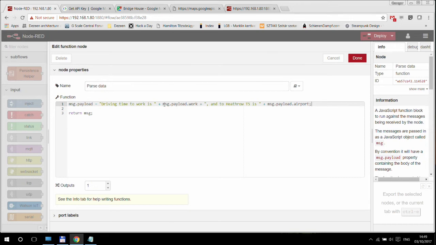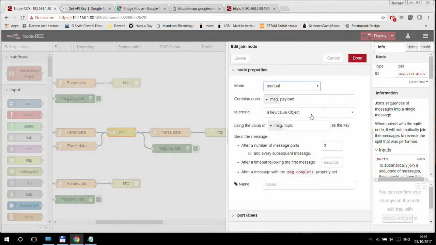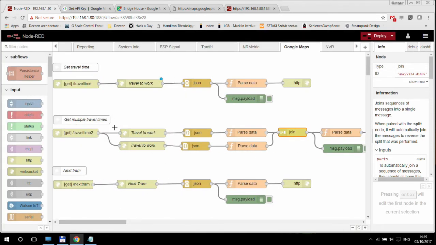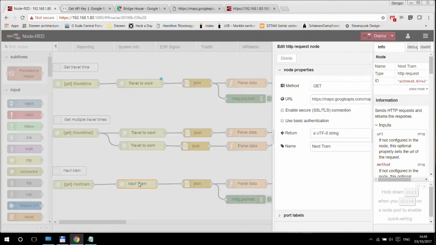So I can just easily reference that by message payload dot the topic, and again message payload dot topic, because as I said, the join node is going to join these separate messages using the key value, put them into an object using the topic as the key and the message as the value. So again, that's an easy way to get multiple travel destinations or multiple travel times, and then just put them in one single message. So the next one is going to get the driving directions,